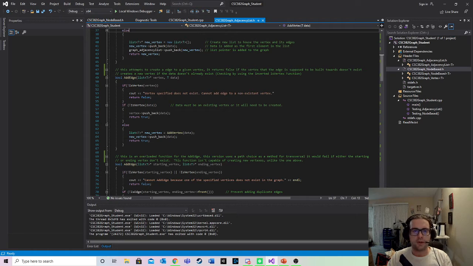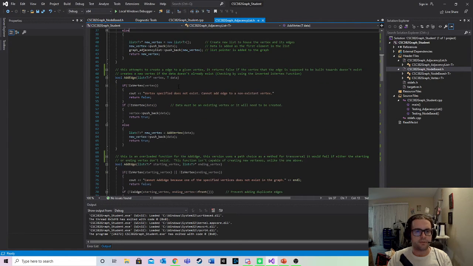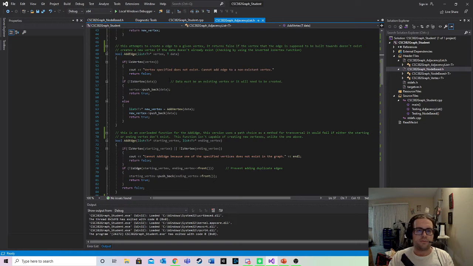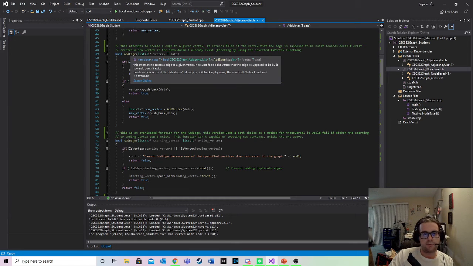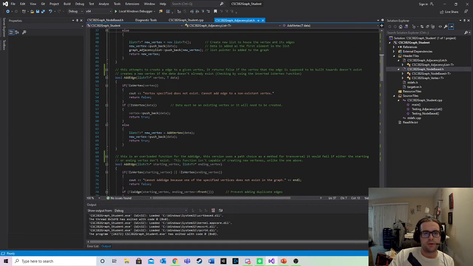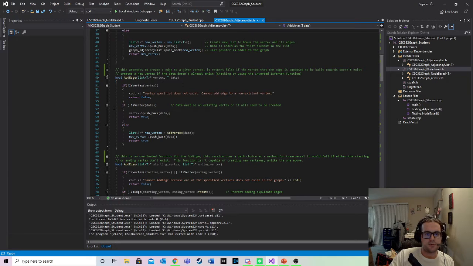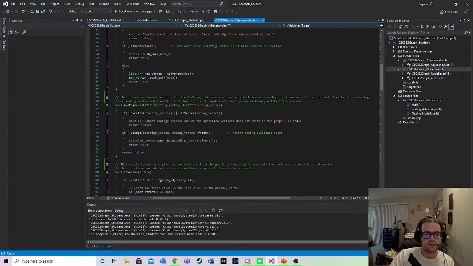But yeah. Other than that, you can see down here you have add edge boolean. This is another overloaded or overridden function or method or whatever the hell you wish to call them. This top one here accepts a vertex pointer argument and a data argument. The bottom one here accepts 2 vertex pointers. So pretty much the same functionality, with the difference being that this one will actually create the vertex if the vertex did not already exist,